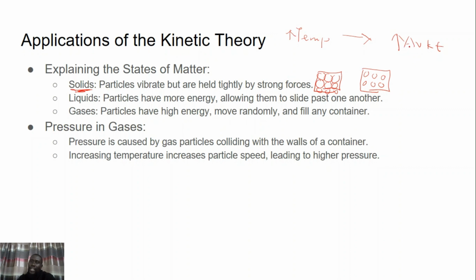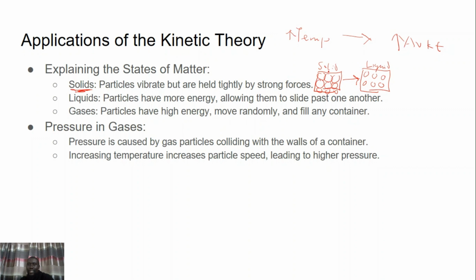And when the average kinetic energy increases, the matter usually changes from one state to another. Meaning that when the kinetic energy of the molecules of the solid increases, it can change into liquid. Okay? And when it increases further,